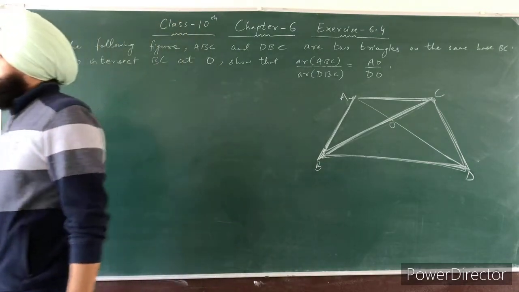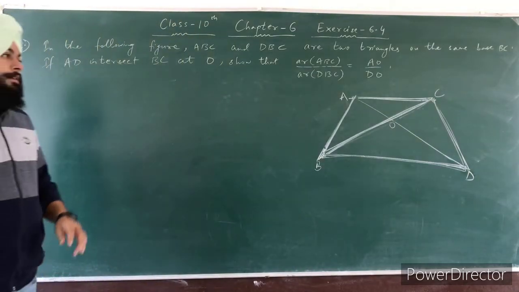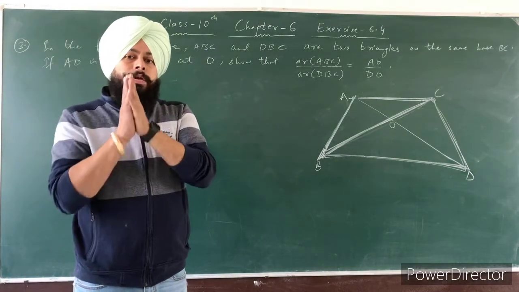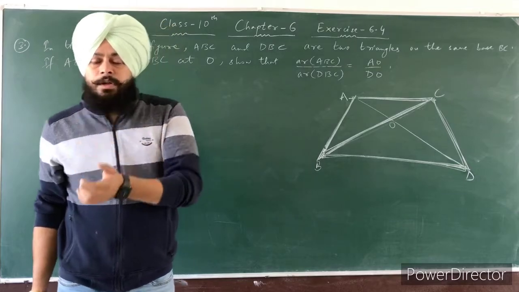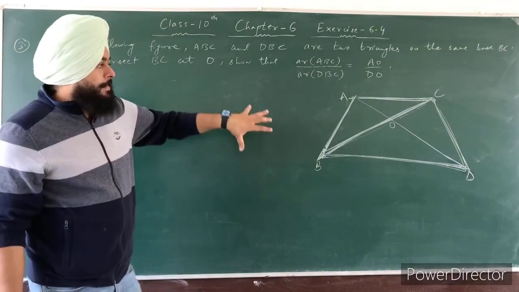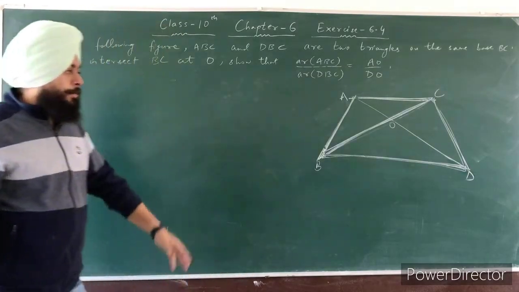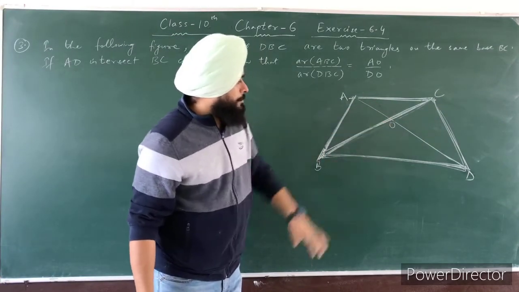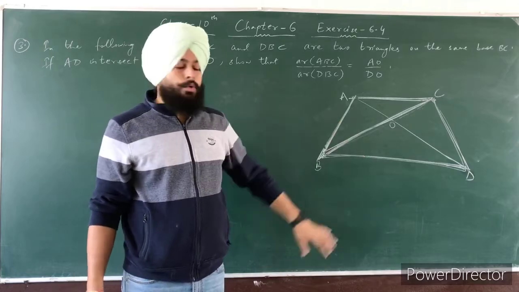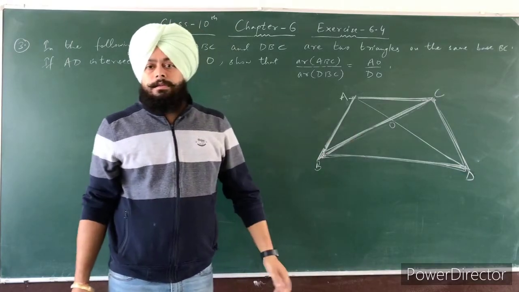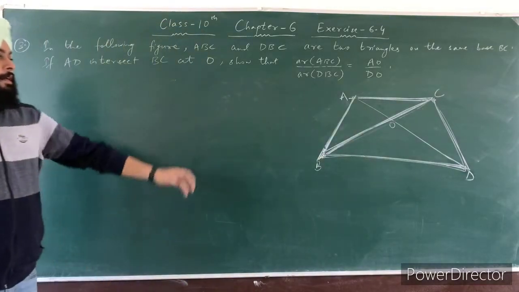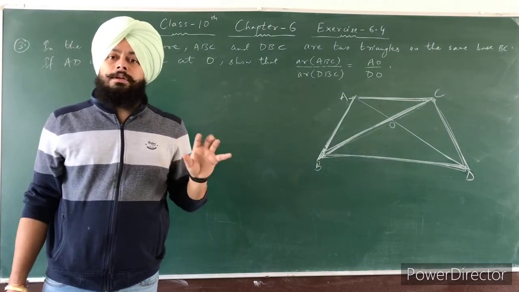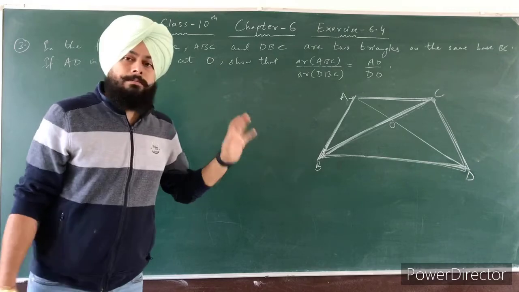So to prove triangles similar, we have to take 3 corresponding parts. Either you can prove its corresponding sides proportional, or you can take its angles equal. But you can see in this question, we cannot take any angles equal, because no such conditions are given in this question, okay? It is not a trapezium or a parallelogram.